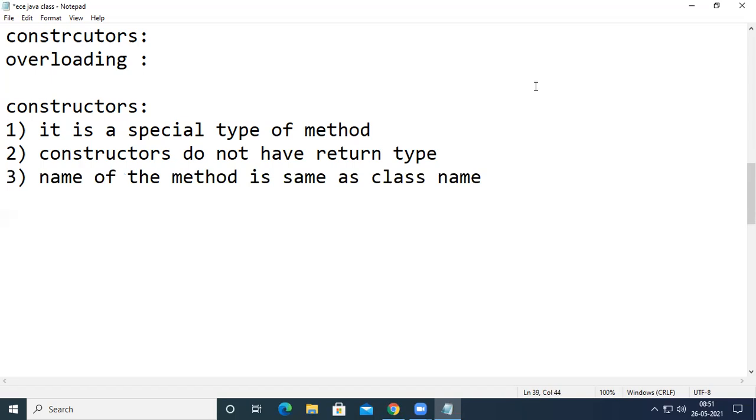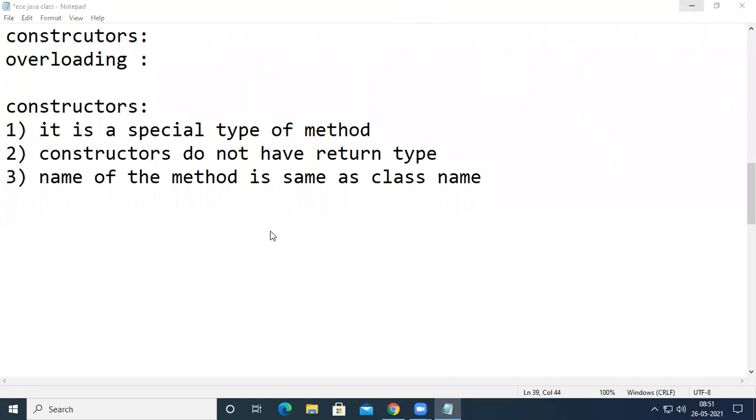These are the first three most important points for a constructor. It is a special type of method, where constructors do not have a return type, and the name of the method should be the same as the class name.